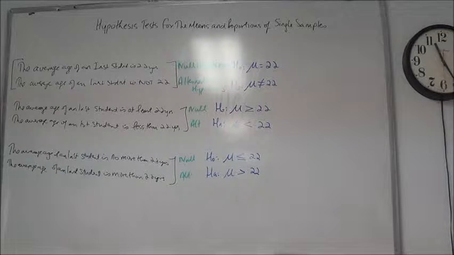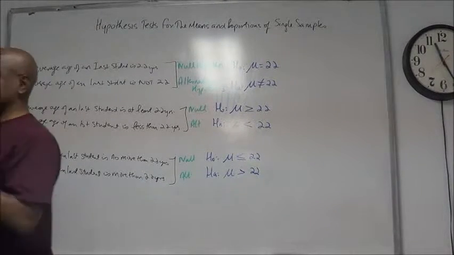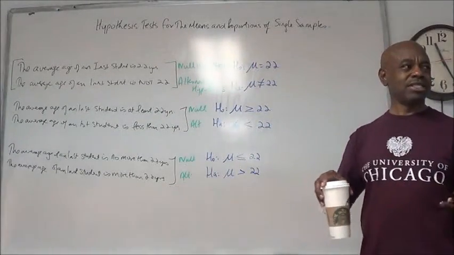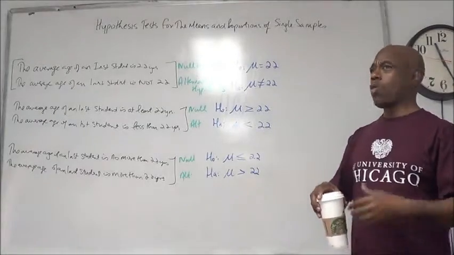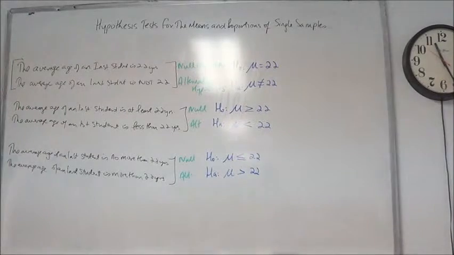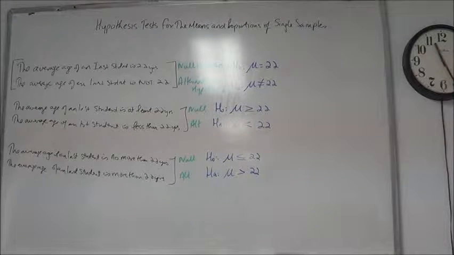You have to really, more so than in any other area of this class, pay attention to every single word that these questions ask you, because every single word is trying to set up a scenario. It's trying to set up what is happening in the background, where these people are, who is making a claim, why is the claim being made. And those things that they're telling you will cause you to make a decision, one way or the other, about a number of things we need to do in the procedure. Okay? So this is not the section to gloss over any word. Every word has to be taken into context when we look at the problem.